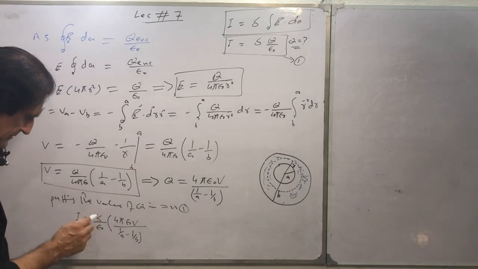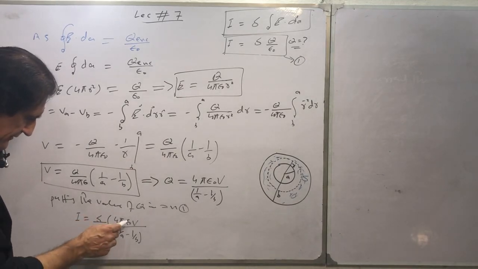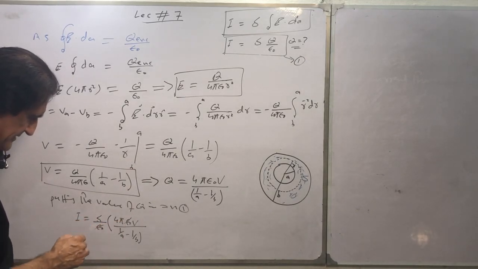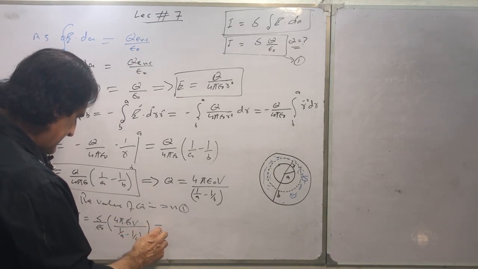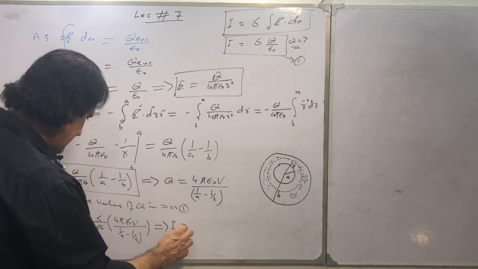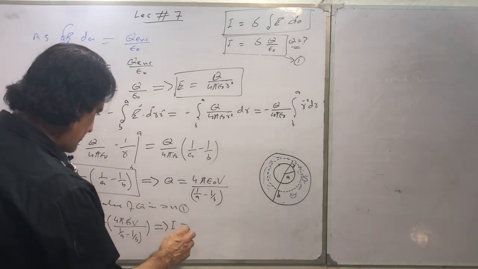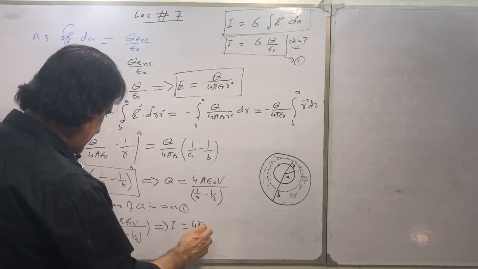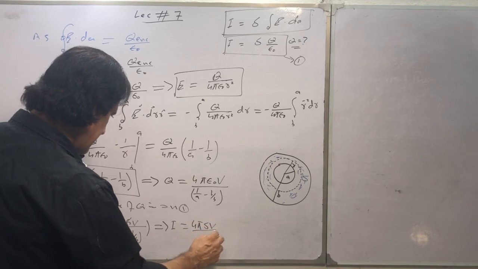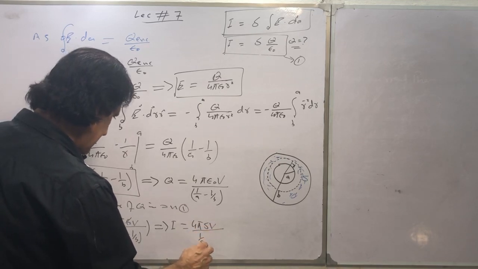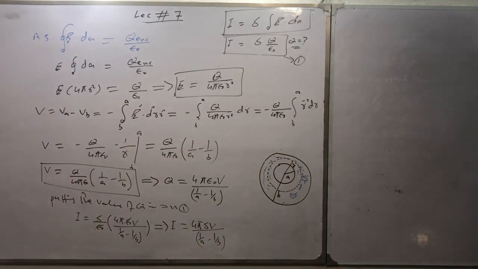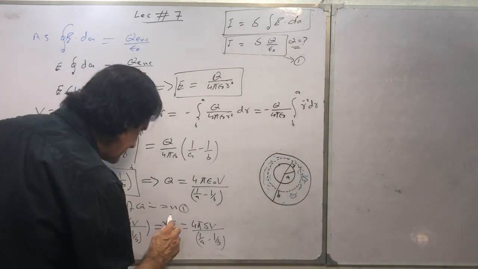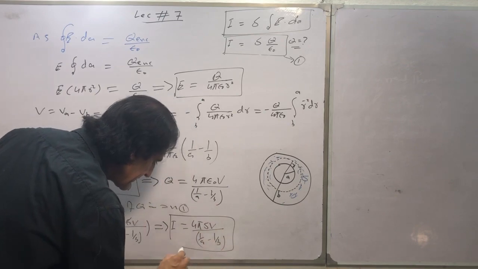We can also cancel the epsilon naught, and we have the current which is equal to 4 pi sigma V divided by 1 over A minus 1 over B. And this is the final current,